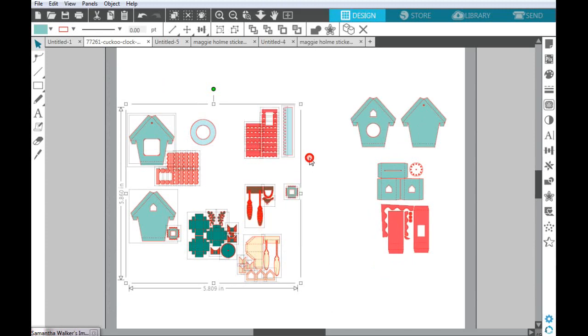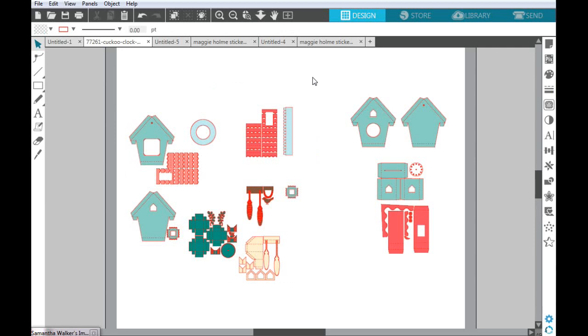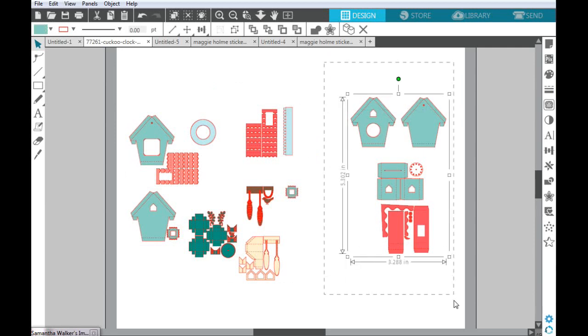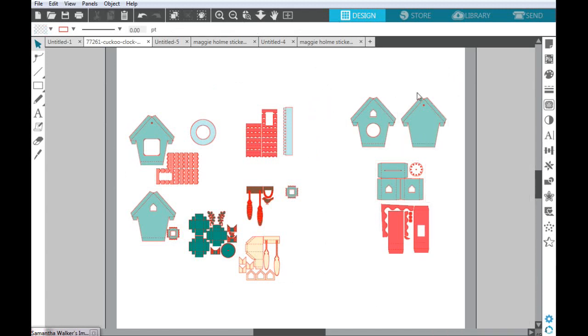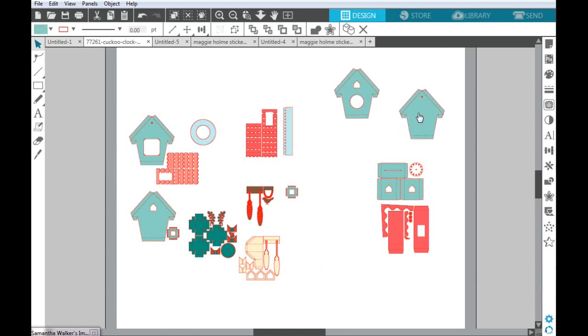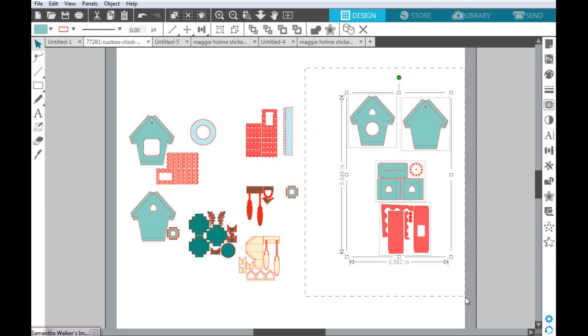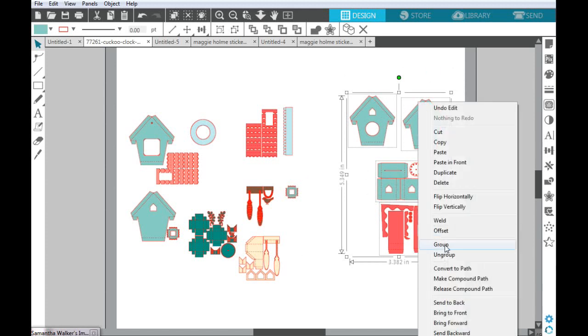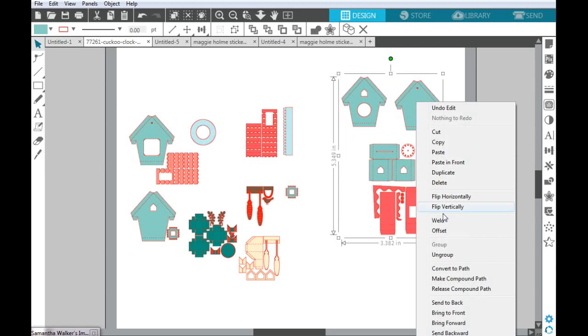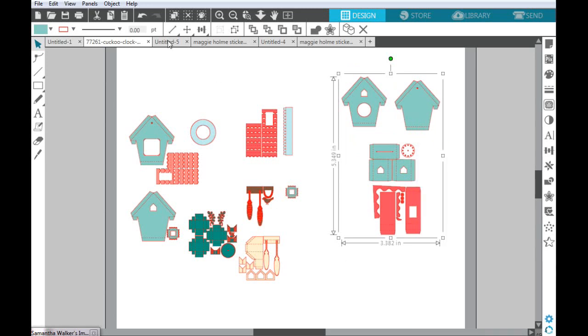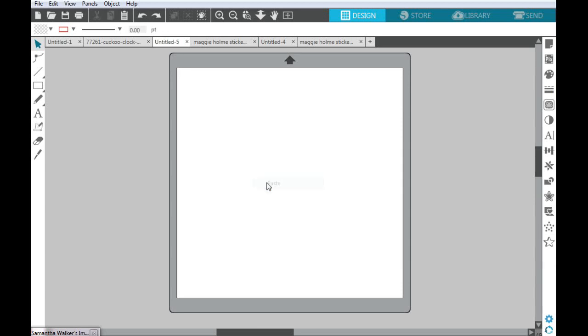So I selected my images that I will be using and I've left them aside. I will select all my images and group them together, okay? So like I said, ungroup your pieces and put them to the side. From here, I'm going to copy and paste these to a new page. So now that I copy and paste to this new blank page here,